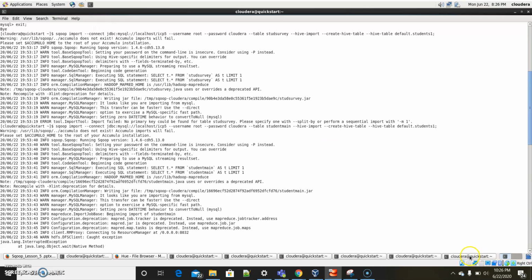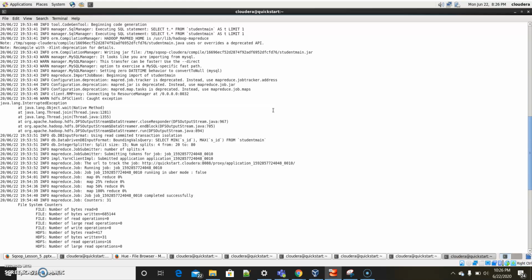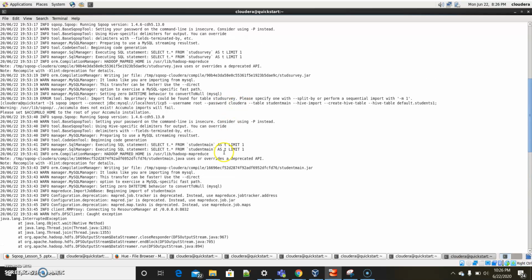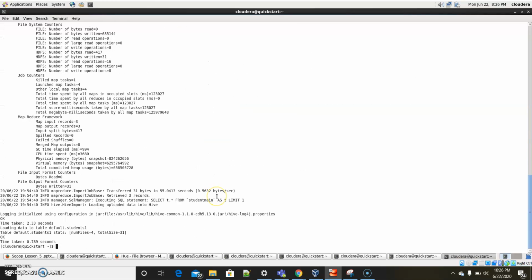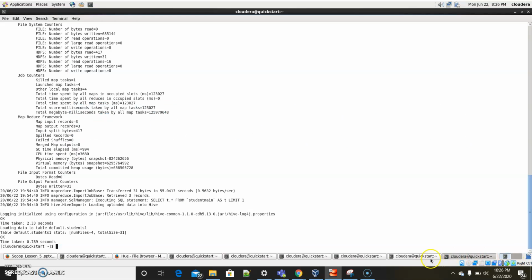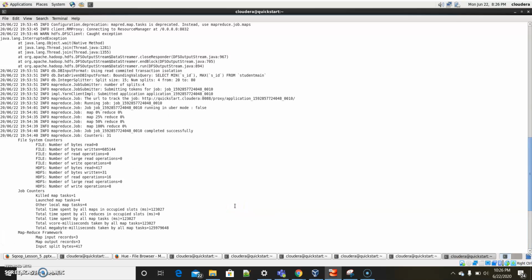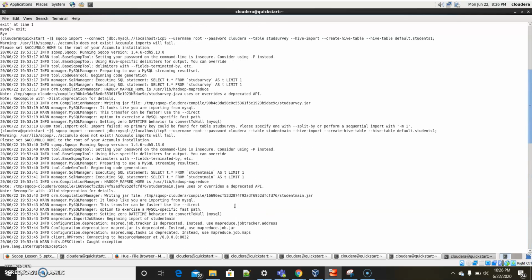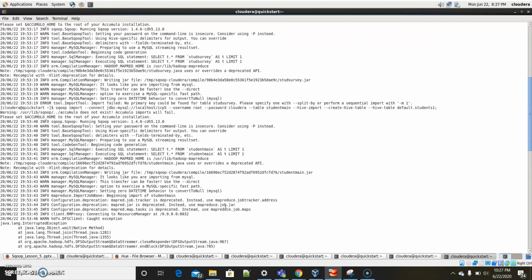Second task is creating a Hive table and import and export using Sqoop. For import, firstly I have created a table called student main.